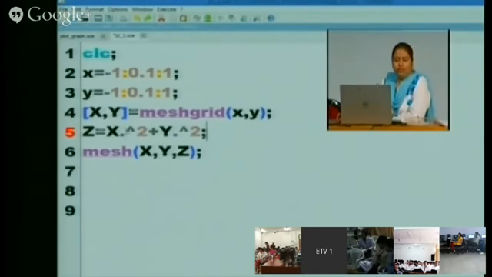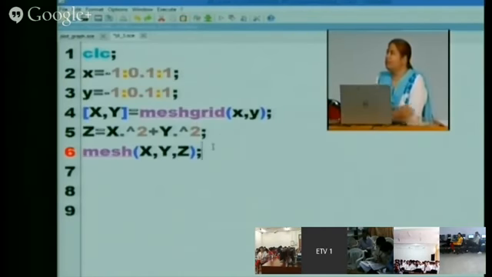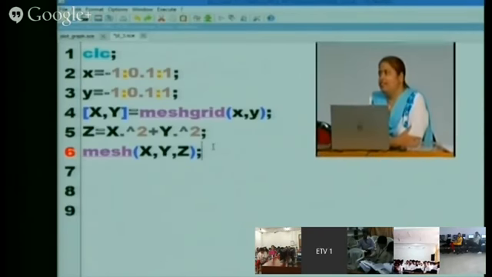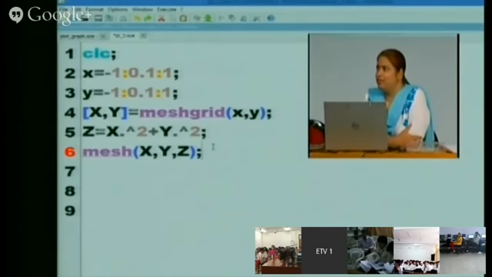Do you know why we are using this dot? Because each element of x will be squared, right? So there is a difference between x square and x dot square. Why do we put this dot? Because there are so many elements in the x, and we want all the elements to be squared. So for that we are using dot square, dot division like this. The function of dot means every element will be operated on. Okay, right.